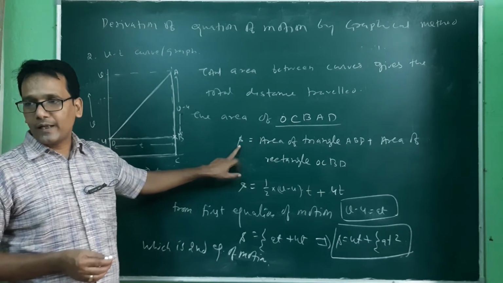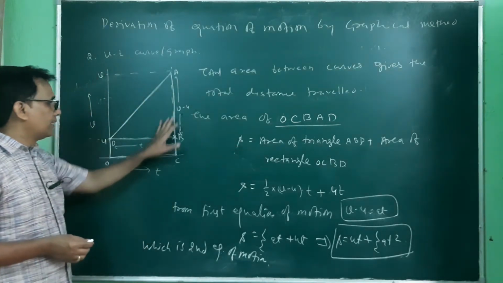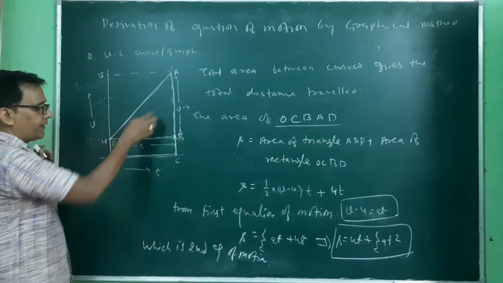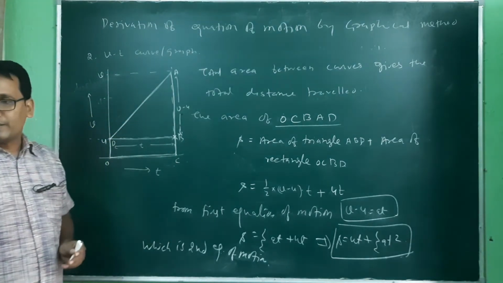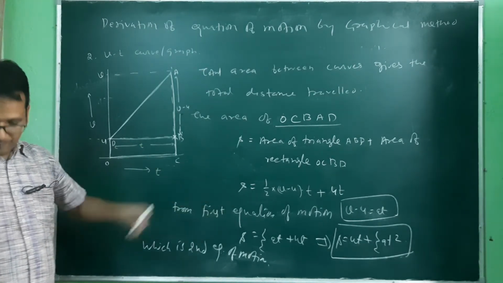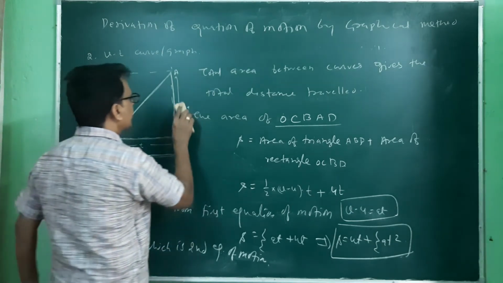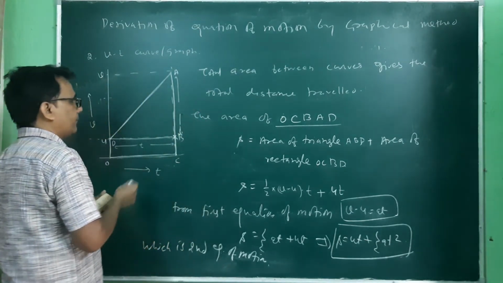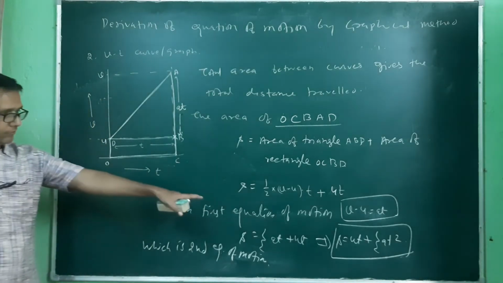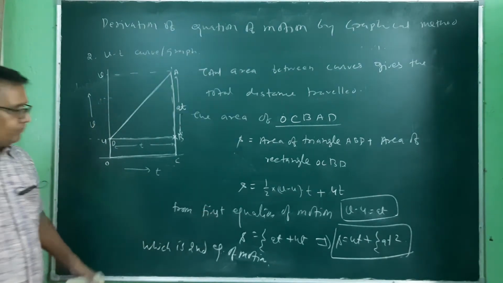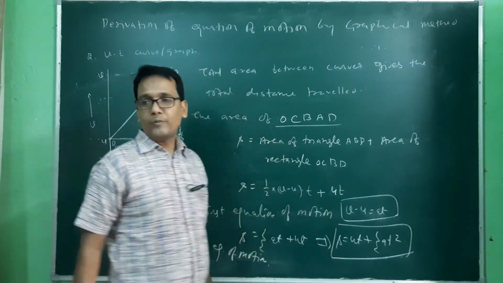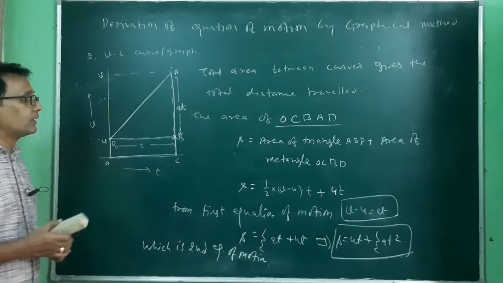We have to find the total distance, so to find it we have to calculate the area under this curve. So it is converted into two parts: one part is this triangle and the second part is the rectangle, and we add both. So directly we can write this is equivalent to at also. If you want, one can write v minus u is equal to at, so that may be easier. So by replacing this v minus u is equal to at, you can conclude that relation one step earlier.